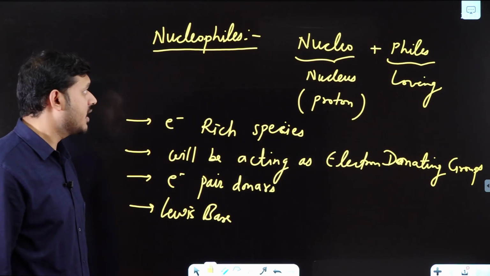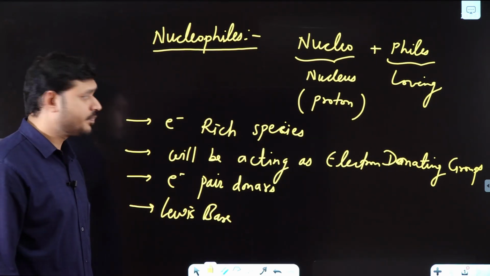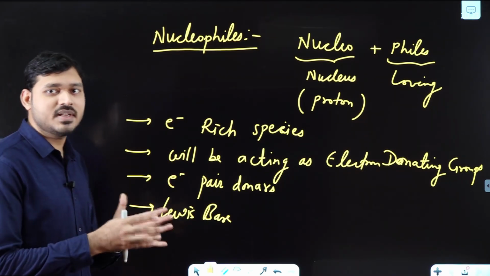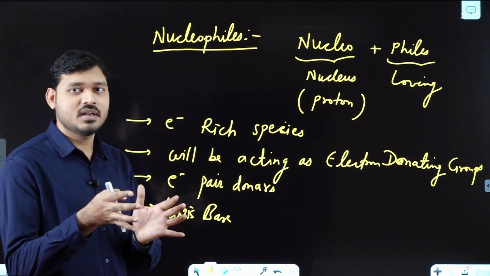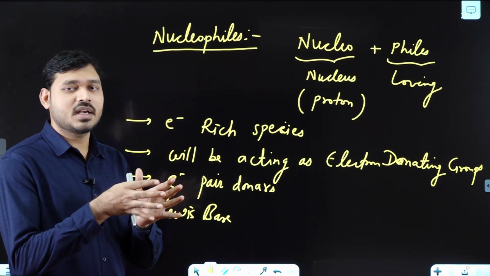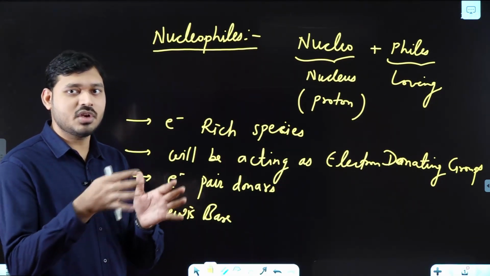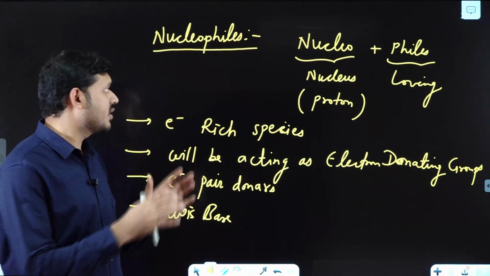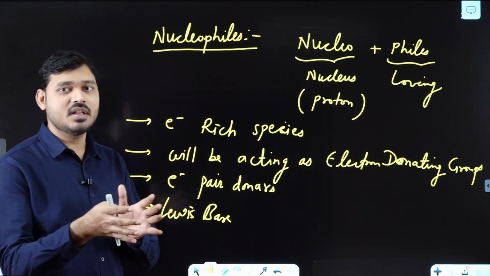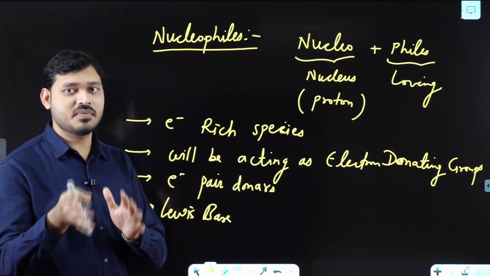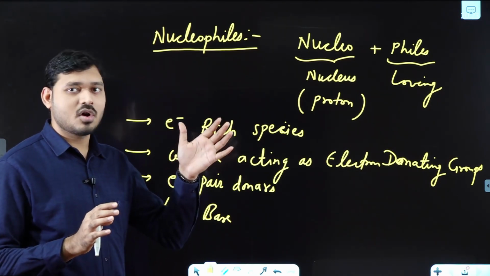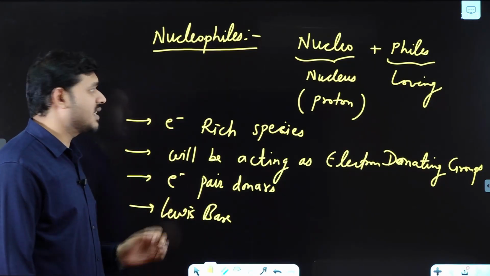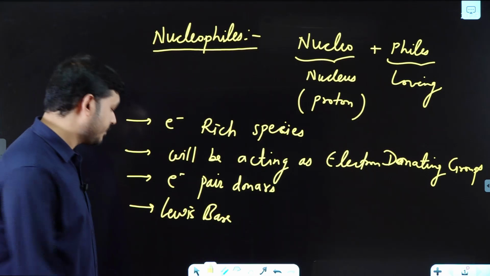Okay, clear? Now let us understand what is the use of these nucleophiles and nucleophilicity. When we say the term nucleophilicity, it is about the attacking rate with which the nucleophiles will behave towards any electrophile. Okay, so these nucleophiles will react with electrophiles, definitely electron deficient species, because opposite charges only attract each other, right? So let us understand types of nucleophiles.